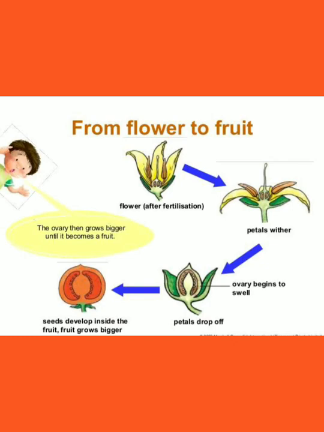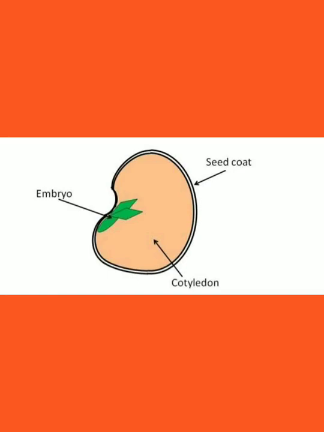All the parts of a flower, such as petals, sepals, and stamen, shrink and fall off, except the ovary. The ovary enlarges to become the fruit, and the fertilized ovule develops into seed. The seed contains a baby plant called embryo. But sepals, that is the green leafy structure, persist in some fruits, such as tomato and brinjal.